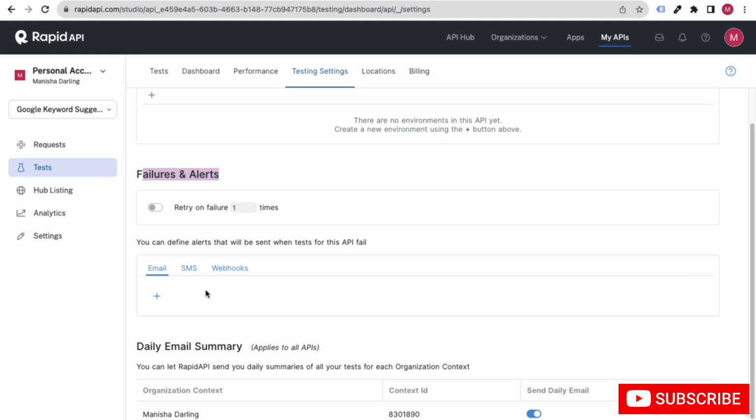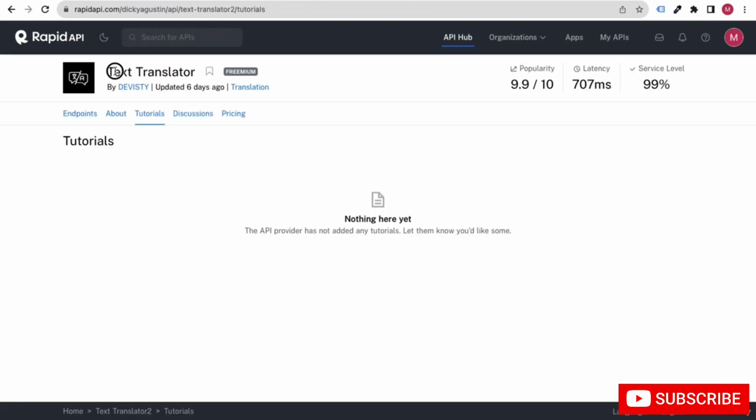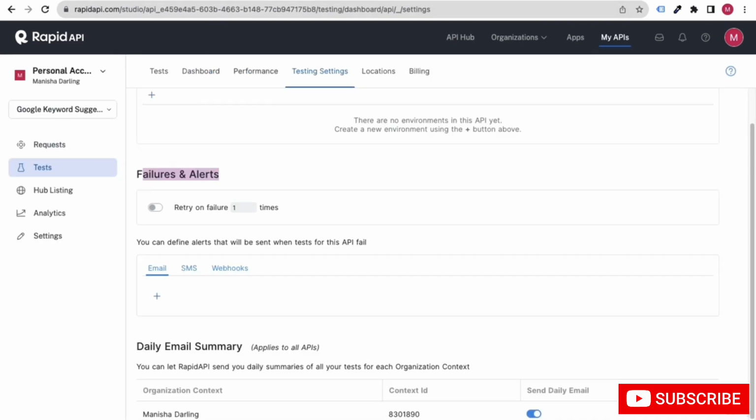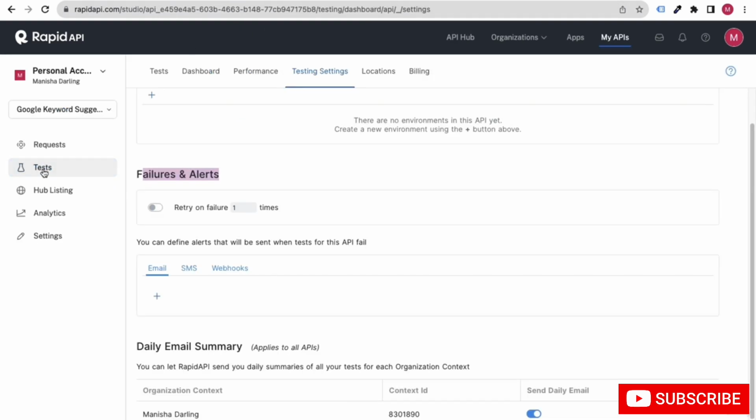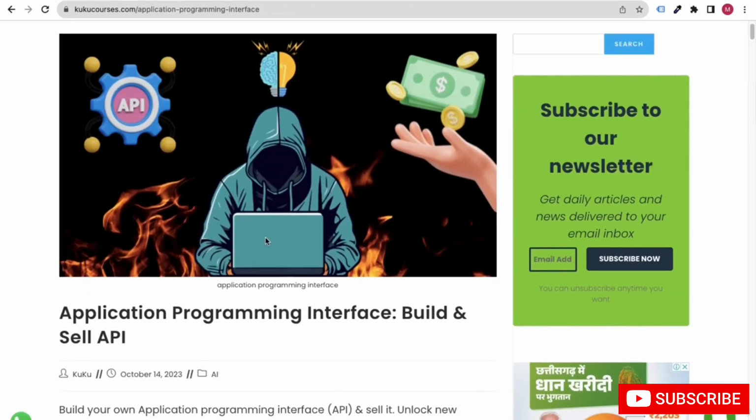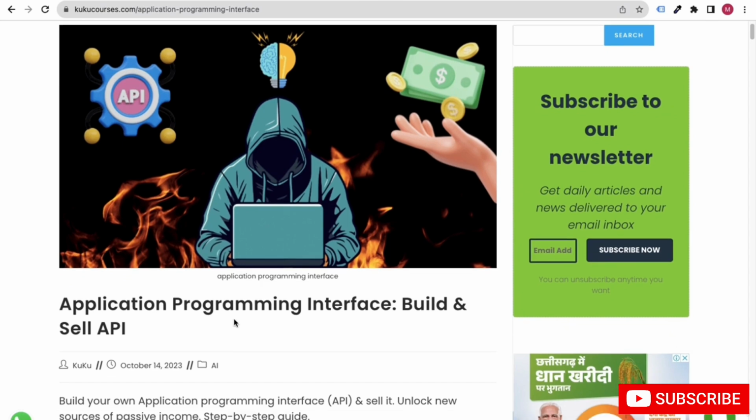So that is what I want to tell you: after you publish this, make sure that you learn about SEO. That means creating your content or API, writing the description, text, everything, so it is SEO optimized. This is the first thing. Second thing, add a tutorial, and third thing, add this testing feature on your APIs. Guys, it's very important for us to promote the API which we have created.